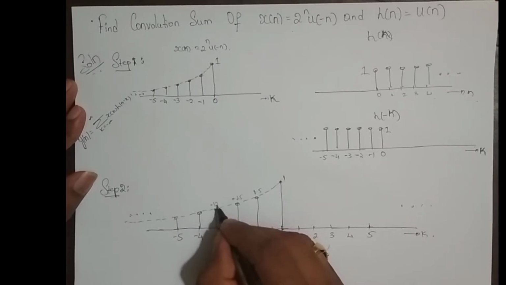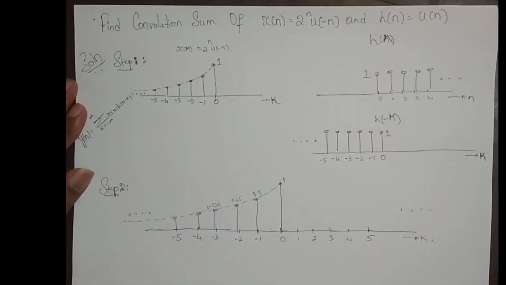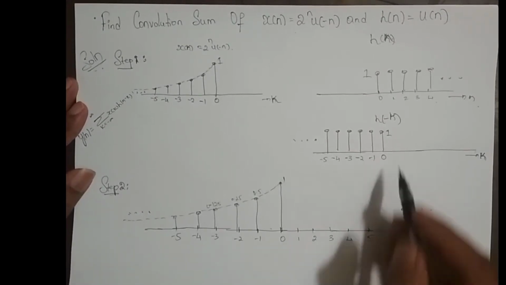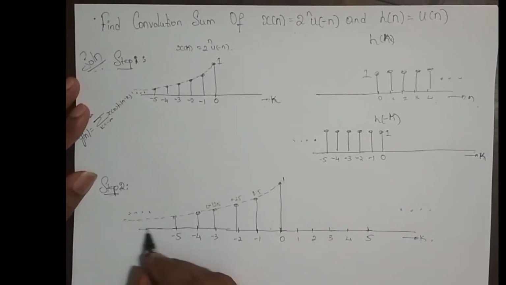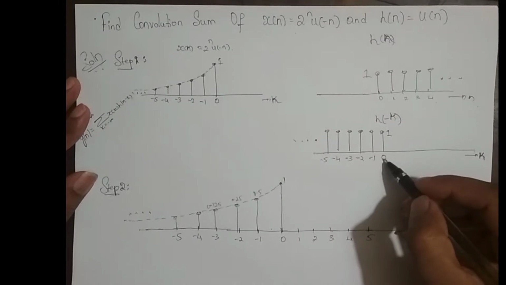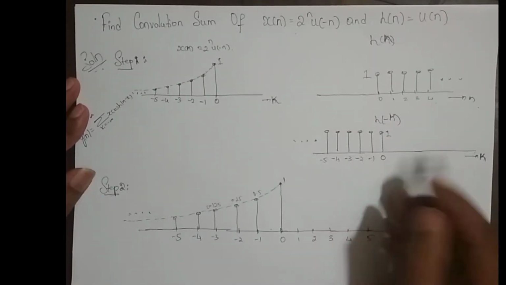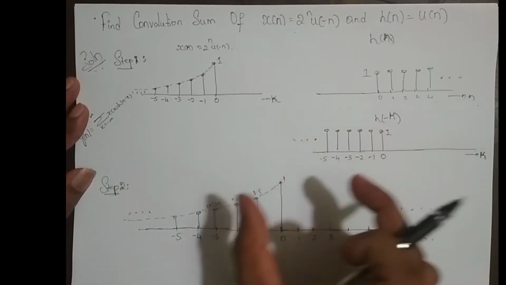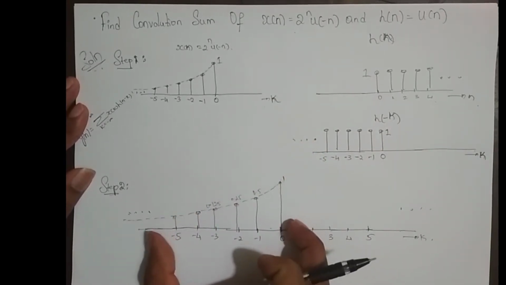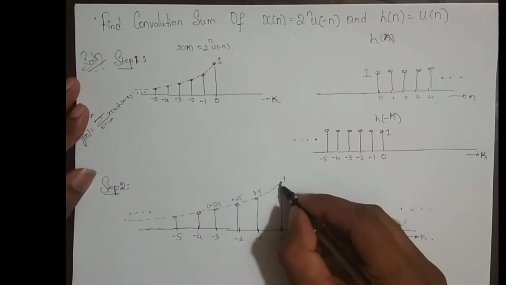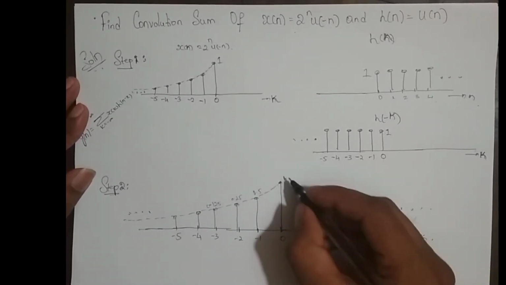So x of k doesn't move, it remains in that position. Whereas what about h of minus k? So h of minus k is also from minus infinity up to 0. Now if I bring this signal and keep it in the same position, I hope you can imagine how it looks, right? So I'll put it like this. I'll just put it just here. Okay,